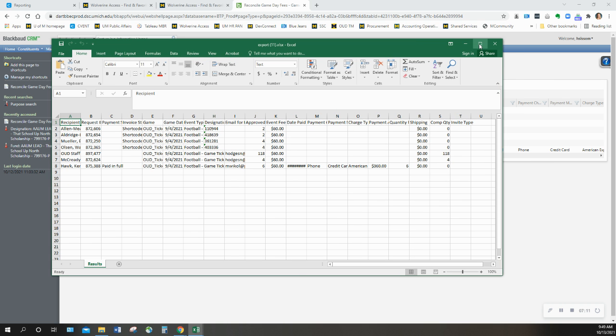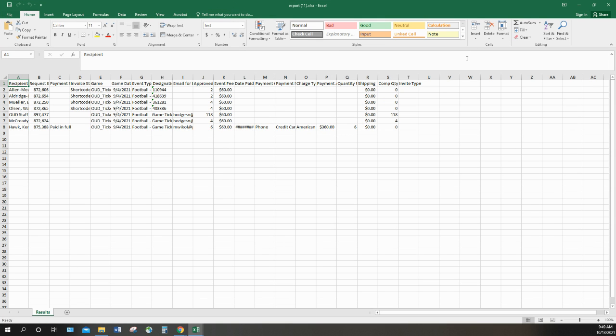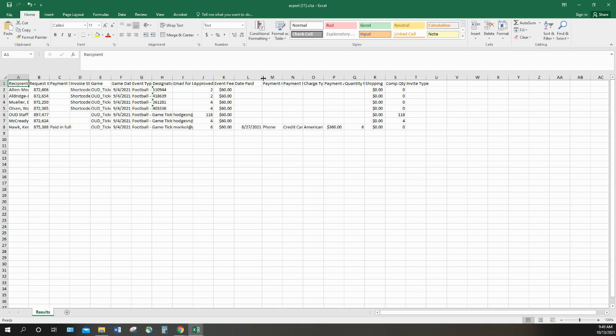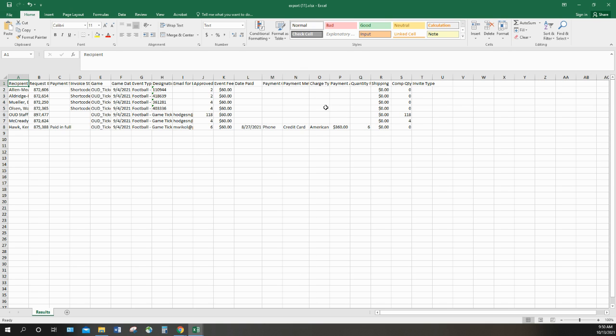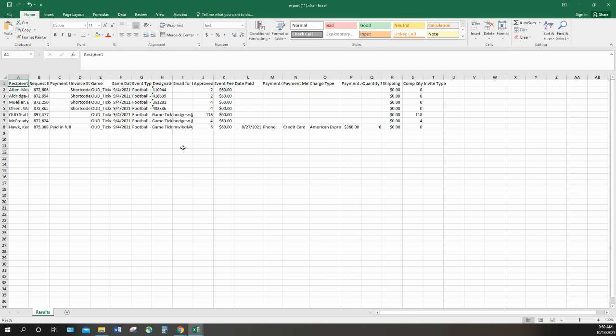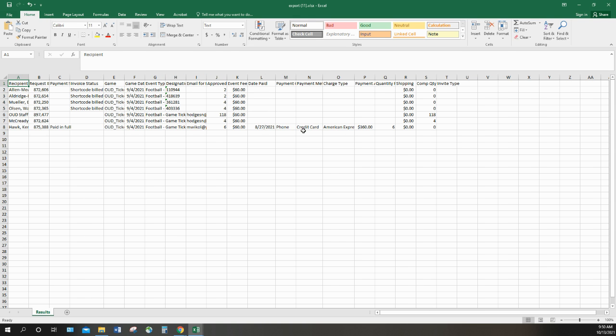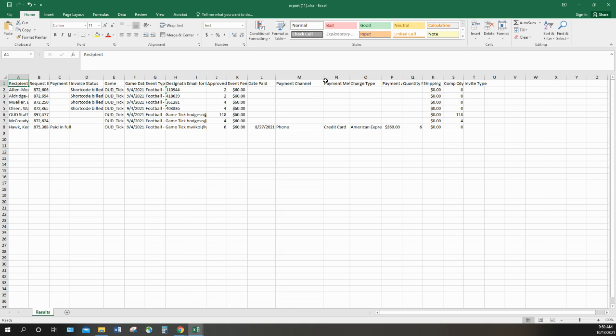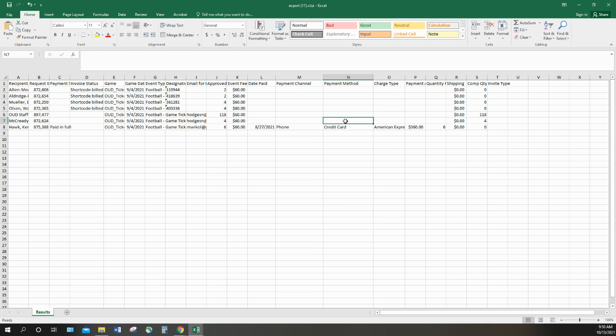So here's the Excel view of the Western Michigan University data. I'd say the number one thing that messes up the data is when a ticket is paid via credit card, but the payment channel is not phone, but online. In this case, there is none. So if there was a line here that said payment channel online with a payment method of a credit card,